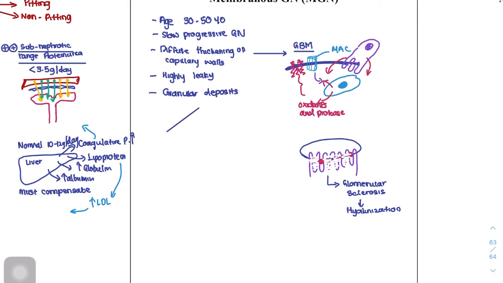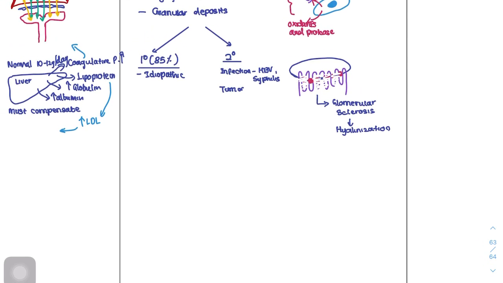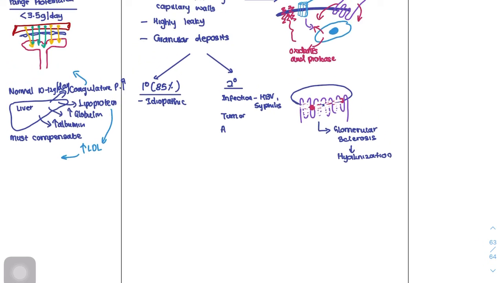Remember this could be a primary disease, that is more common, or it could be secondary. This is less common. So what is the cause of primary disease? Idiopathic. That means you don't know. What is the cause of secondary disease? Could be an infection by HBV, syphilis, or it could be a tumor, or it could be an autoimmune disease,